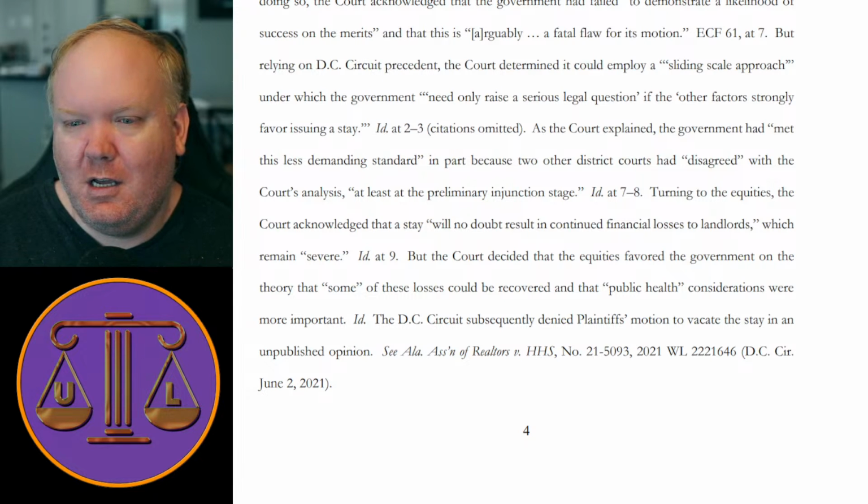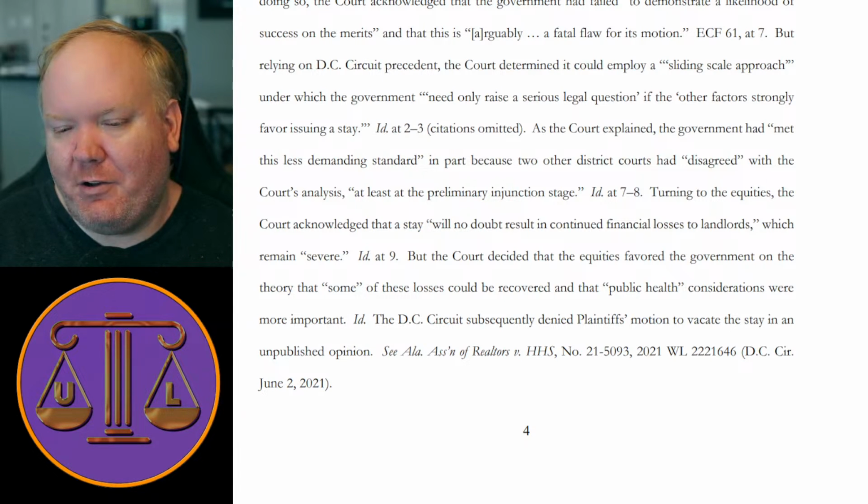So the D.C. Circuit couldn't even be bothered to write an opinion, which, I guess, if there's nothing to say, there's nothing to say. The Court of Appeals for the Federal Circuit is known for doing this quite frequently on patent cases, quite to the irritation of some members of the patent bar, where they just say, we affirm, and they don't say anything. So the D.C. Court of Appeals said, that sounds right, we're good, with no explanation. All right, fine.